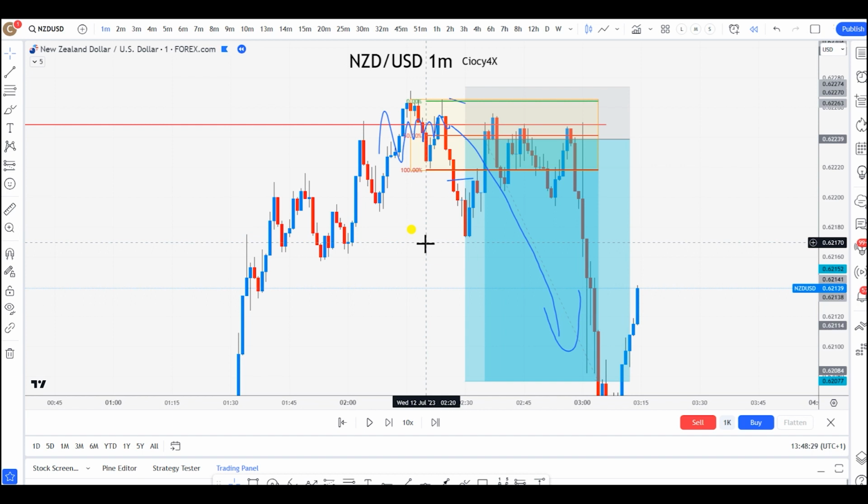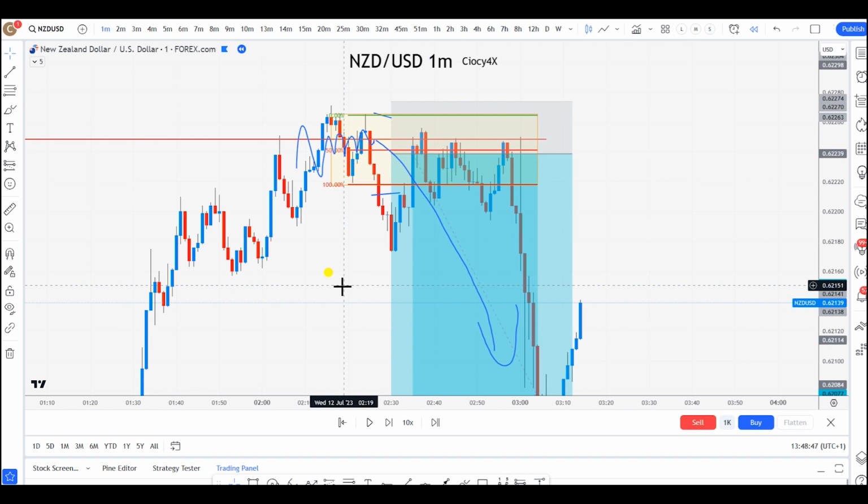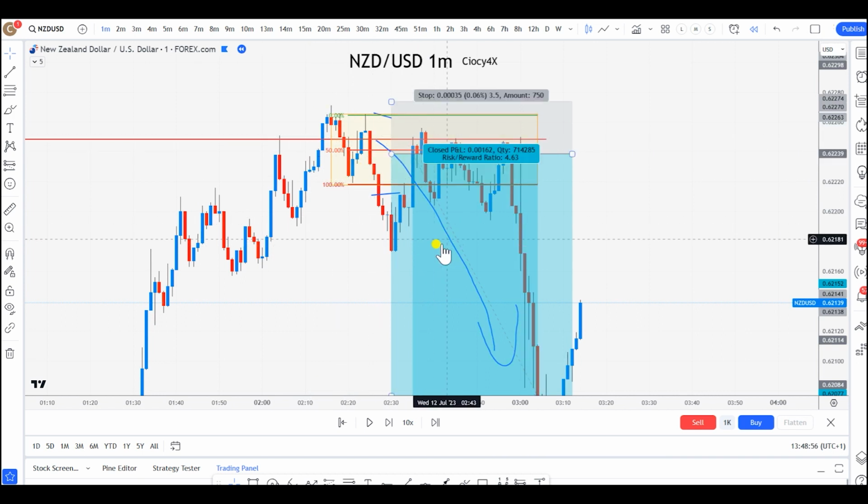Okay, so whenever you're trading, you can trade an imbalance. There's nothing wrong with it. However, you have to keep in mind that in order for you to increase your probability, your edge, your statistics, you have to go to the head, and the head is the order block from where everything is happening. And then of course you can decide how you can take the trade based on the confluences of the 50% of the order block, or maybe refining even the order block itself, going inside the way we did it, for example here, finding the imbalance within the order block, refining like this.